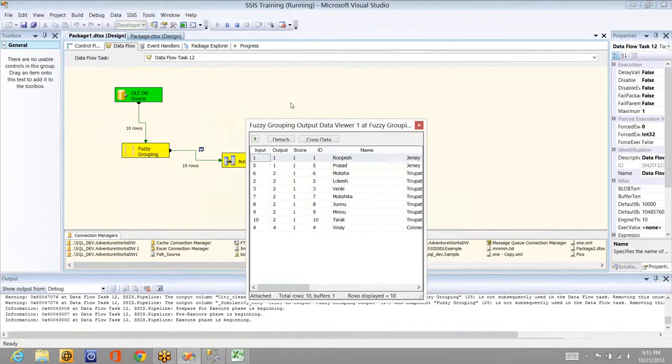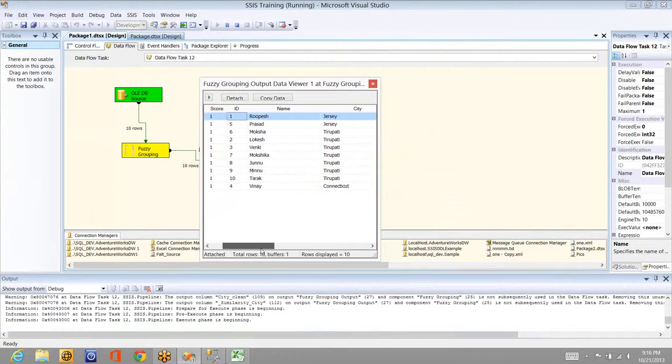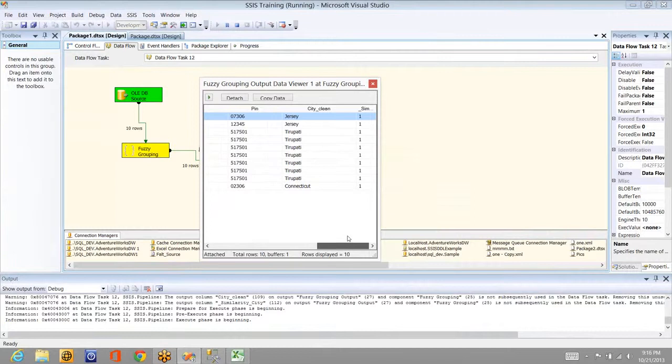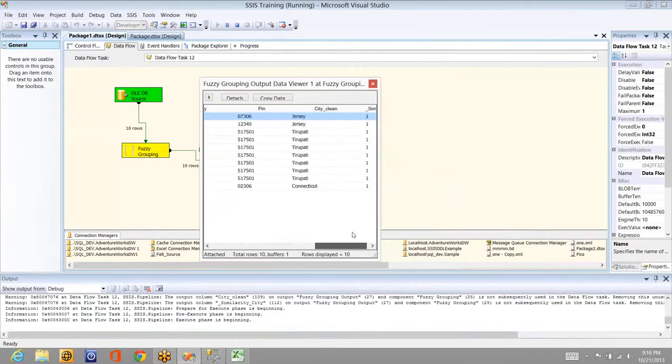I'll explain how you have to read this. Input ID is 1, output ID is 1, the score is 100% matching, and the ID is 1, name is Rupesh, city, and all the remaining columns. For what column have we set the fuzzy grouping?